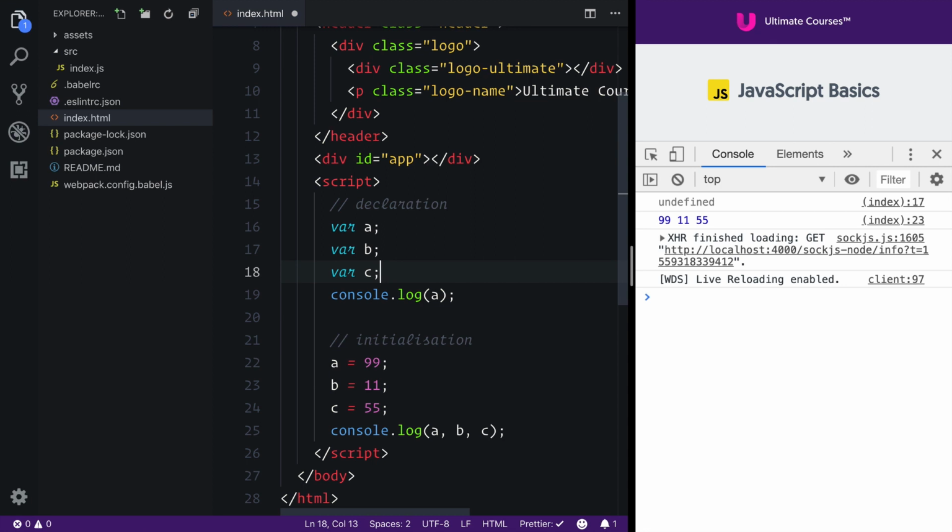Now, so far we've looked at declaration and initialization of variables, but we can essentially kill two birds with one stone and do them both at the same time. So here we can say var a equals 99, and we can change b over to 11, and finally c over to 55. So when we edit our console log here, you can hit save and we'll see 99, 11,